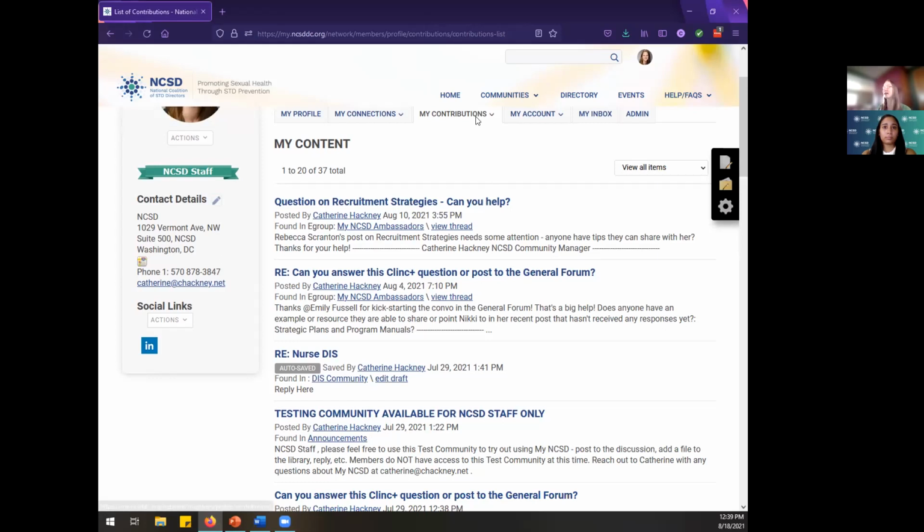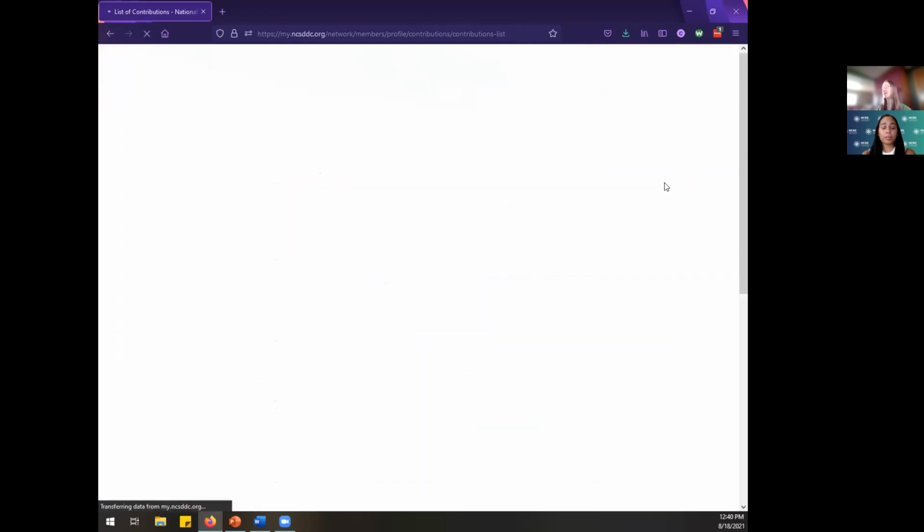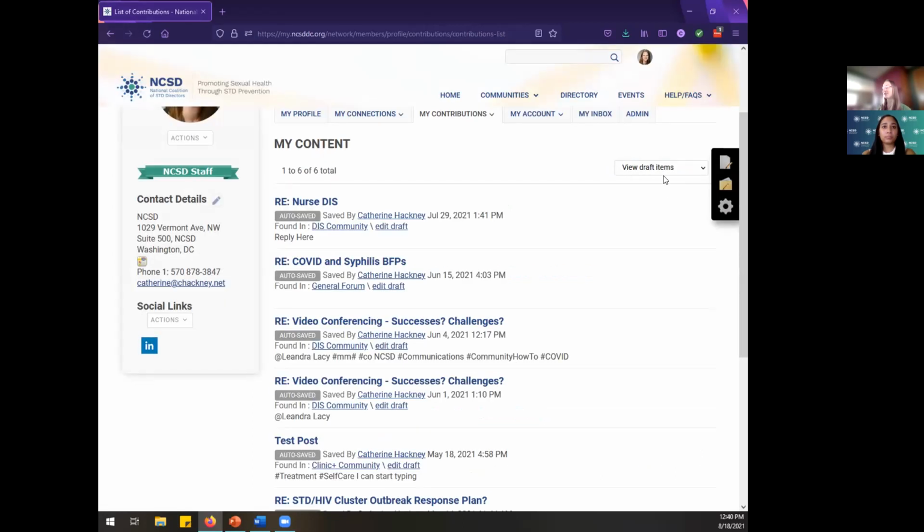So you can always come back into your list of contributions and see things that were auto saved or draft in here. We do have a filter to make it really easy to find that as well. You can just quickly filter down to just your draft items, and then you can click into that and finish editing it and post it to the community.